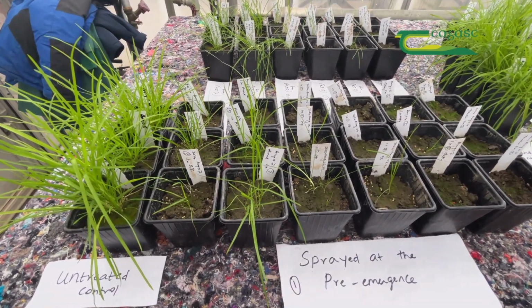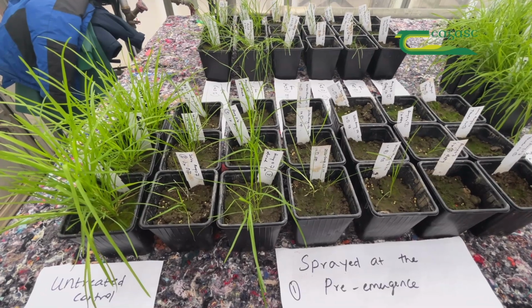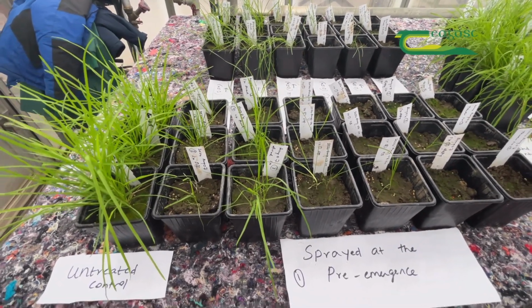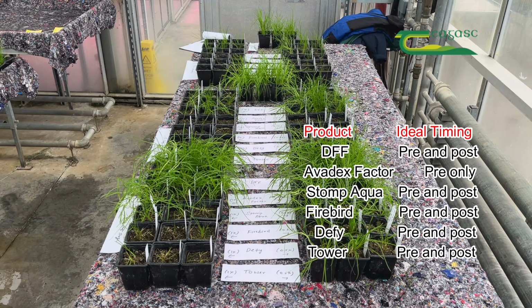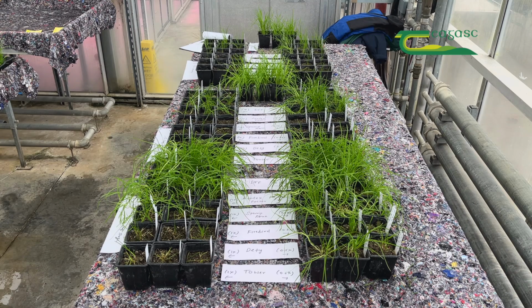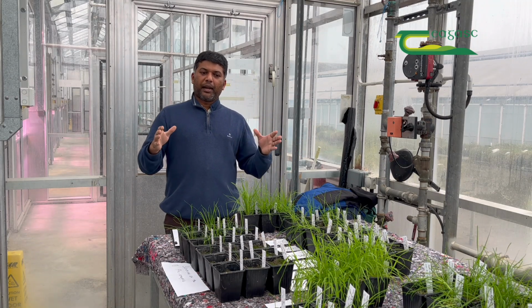So we had 6 residual products that were tested at half rate and full recommended label rate. We have DFF, Diflanil and Avadex Factor containing triallate, Stomp Aqua containing pendimethalin, Firebird containing flufenacet and DFF, Defy containing prosulfocarb, and Tower which contains multiple actives like pendimethalin, chlorotoluron and DFF. So these herbicides were sprayed at